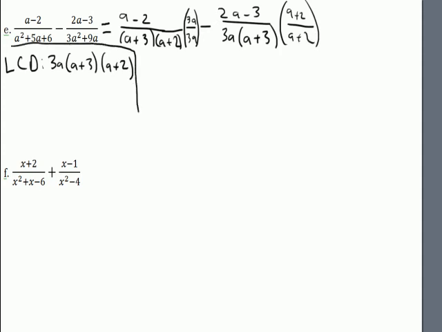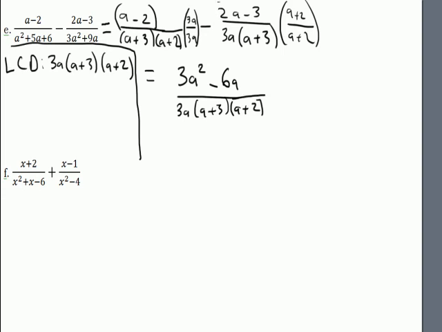So continuing on with this. Multiplying that first expression by 3a over 3a, the numerator is going to be distributing the 3a times the entire a minus 2, which will be 3a squared minus 6a. Again, I'm going to have that over the 3a times a plus 3 times a plus 2